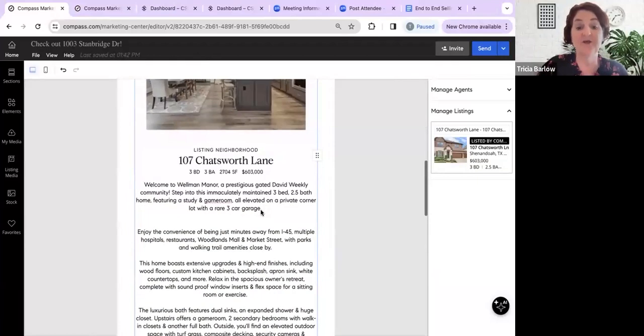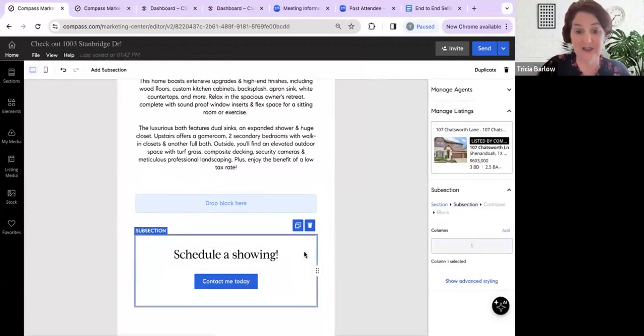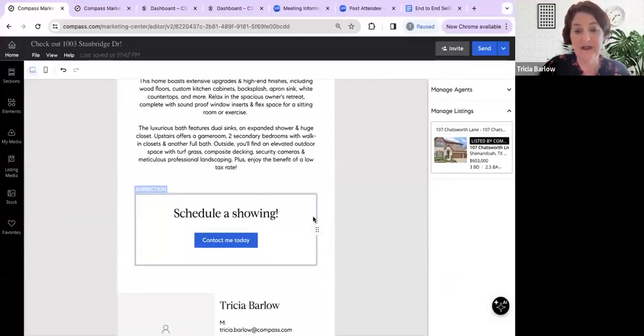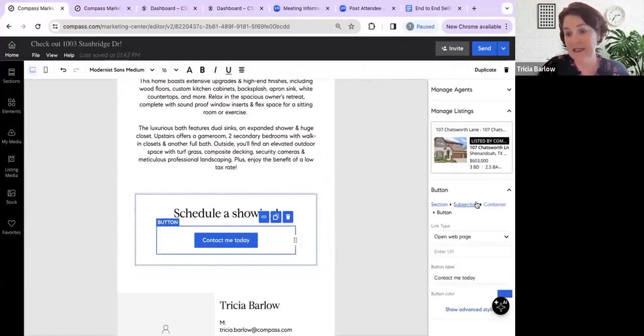And then you want to have your call to action. We have one here, schedule a showing. I'm just going to delete this block here. If you click into this, this is a pre-made button, you will see it's contact me here, and it's going straight to a URL. That could go to your agent page, or instead, you could send an email to yourself. So if you change that on the right to send an email and then put in your email address,